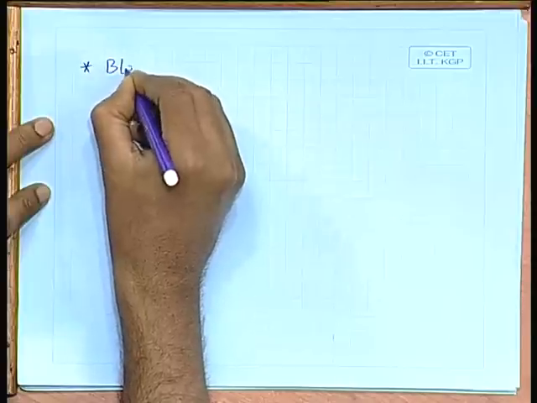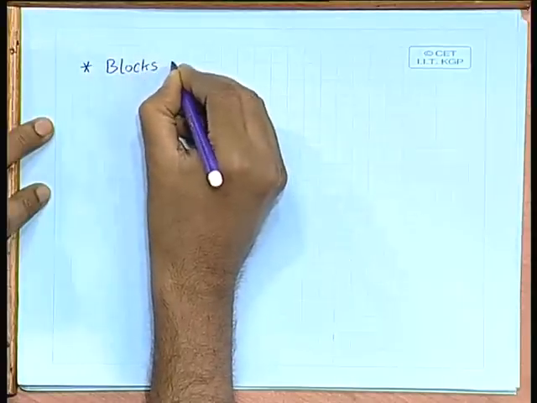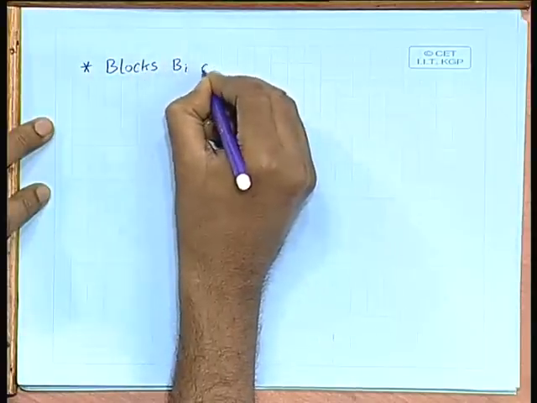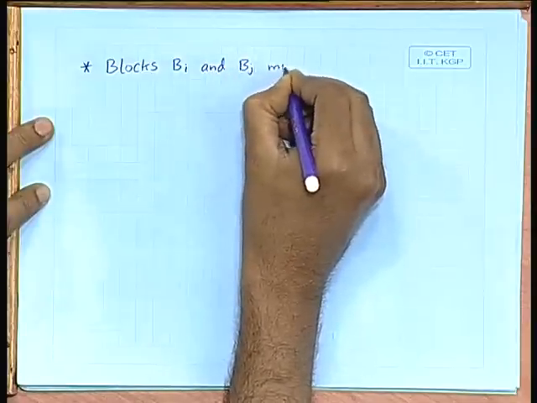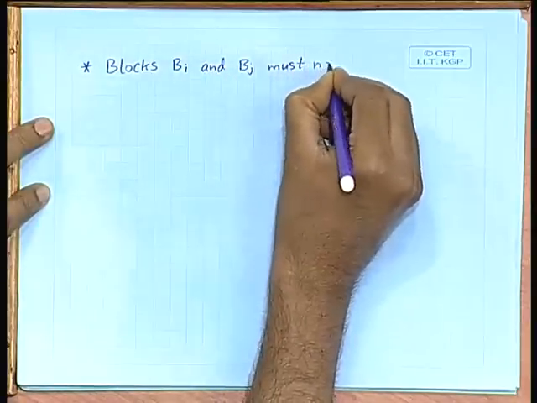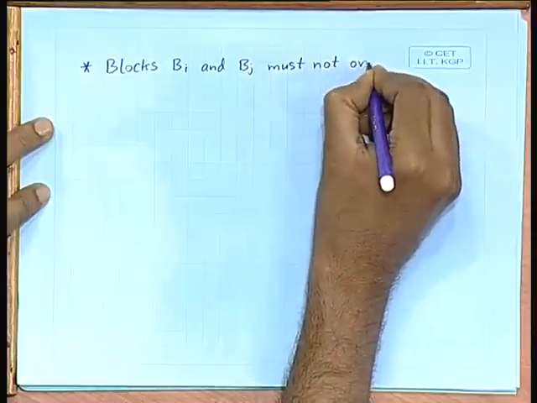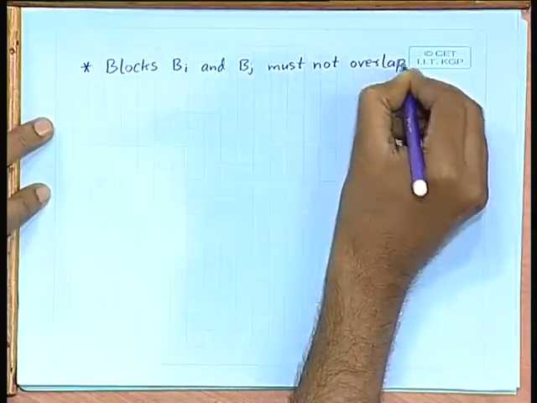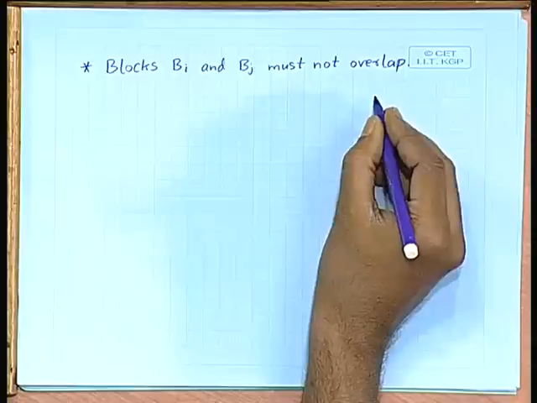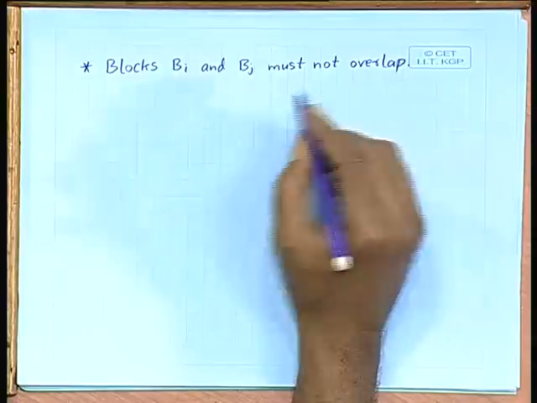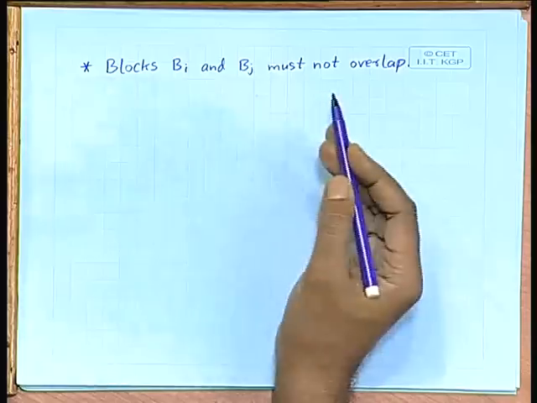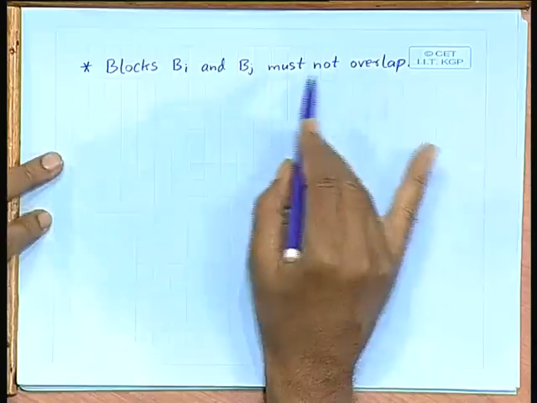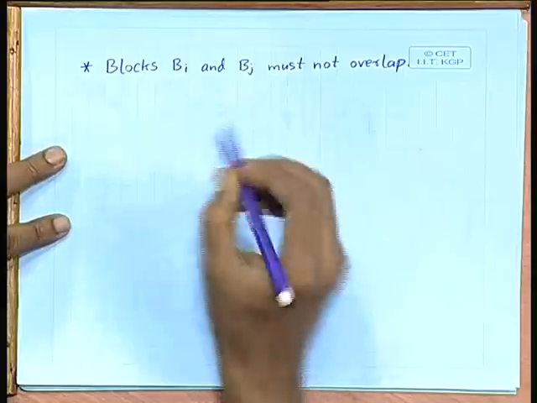given two blocks, say bi and bj, blocks bi and bj must not overlap. This is the main condition to be satisfied. Whatever floor plan we get, if we can ensure that no two blocks overlap, then we have a feasible floor plan. Okay. So, in order to have this, let us see what the inequalities are that need to be